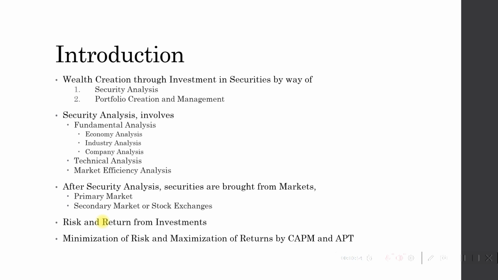Now, for maximizing returns by evaluating a portfolio, there are two methods, namely the capital asset pricing model, or CAPM, and the arbitrage pricing theory, which help in the estimation of the expected return of a portfolio, which makes sure portfolio management is a success based on such estimations. In other words, it is rare to find investors investing their entire savings in a single security. They tend to invest in a group of securities called a portfolio, which is nothing but a name given to a group of securities that the investor invests their money in.